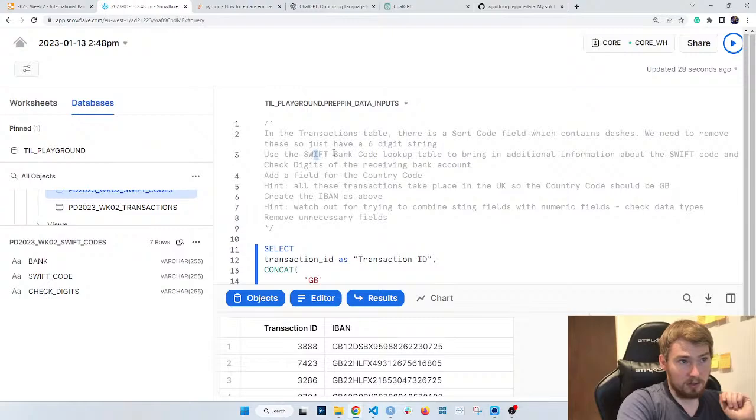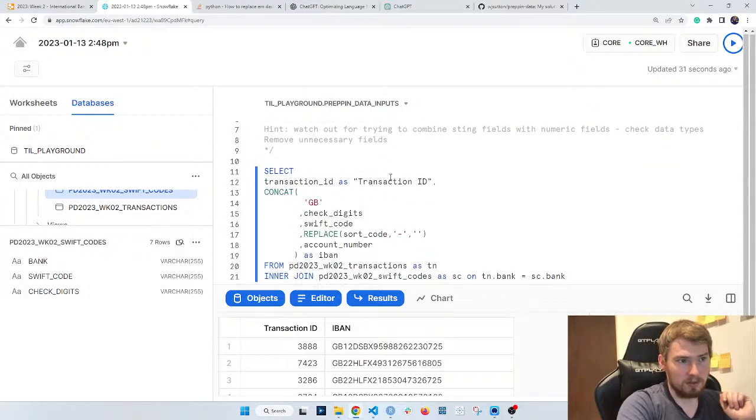We then had to do our join on the Swift code table. So I gave our two tables aliases because I don't want to have to keep writing this entire string out. I gave them both aliases, then joined on that common column, which had the same data in it, so we could see that was okay. We joined those two as an inner join because we don't want any IBANs that are missing some values. We don't want that at all because that's not a valid account number or IBAN number. Okay, so we did that.